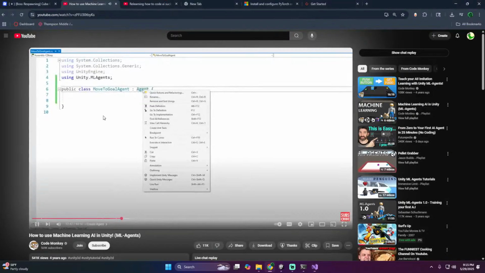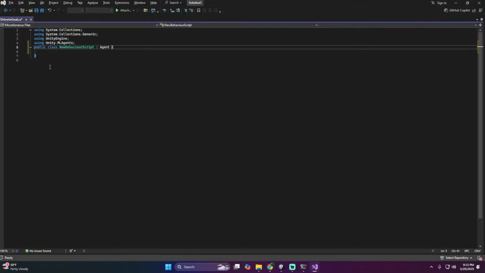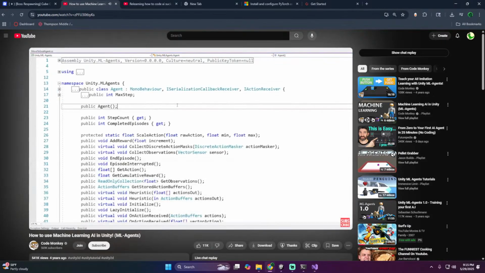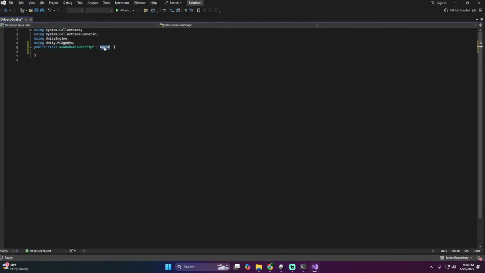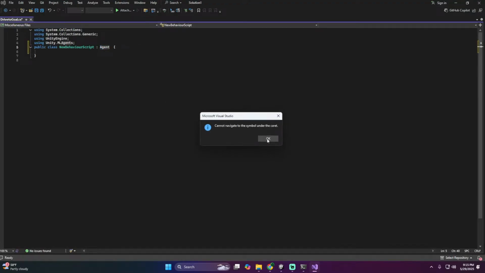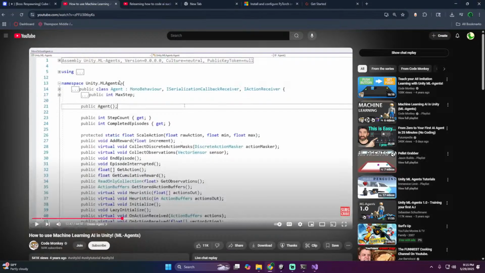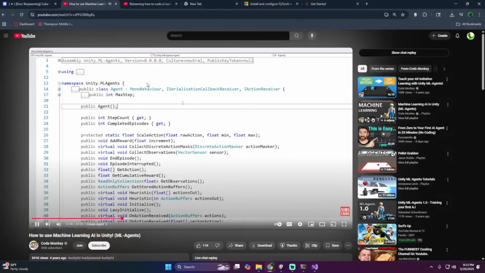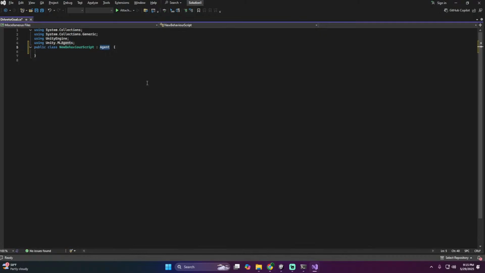So over here, you can right click on the agent and go into the definition. And here we see the definition of that class. So as you can see, we have a whole bunch